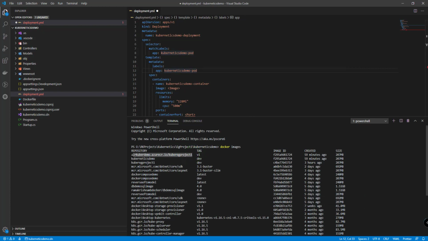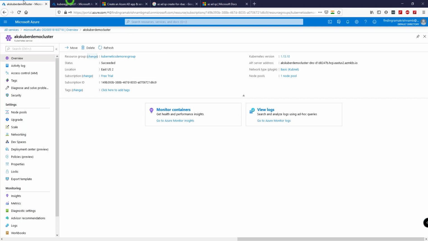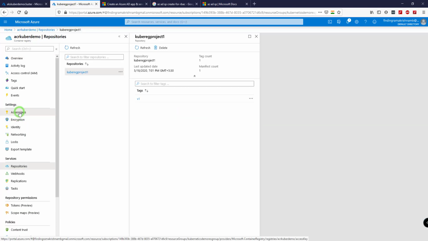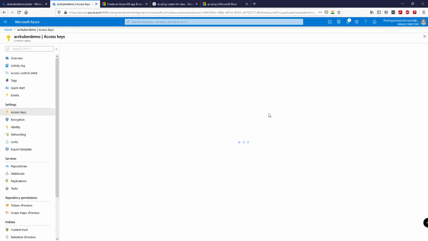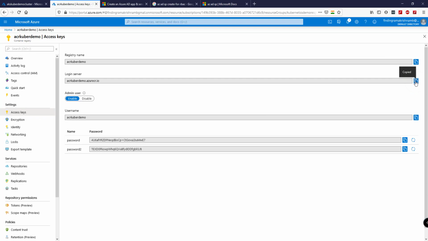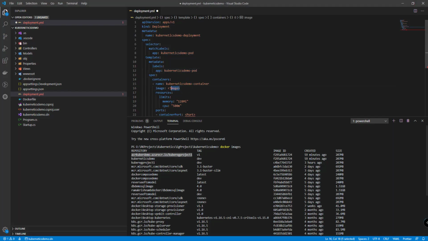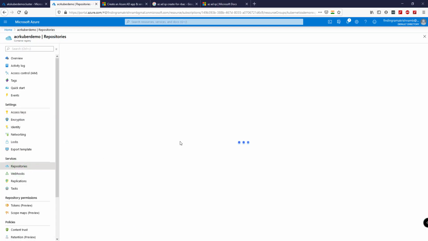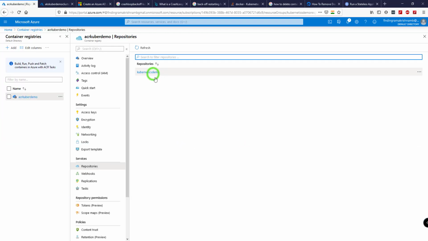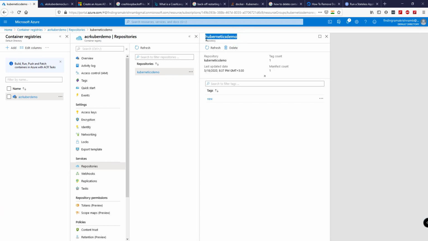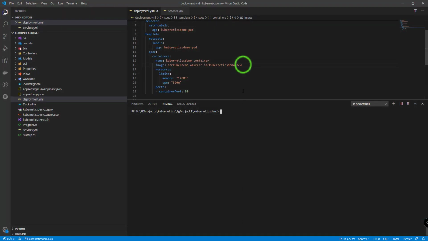Here we have an image that we pushed to our Azure Container Registry, or else you can go to the container registry, go to access keys, copy the login server path, give path slash the image name we uploaded, go to repositories, copy the image name, Kubernetes demo, and the tag will be new. Save it.